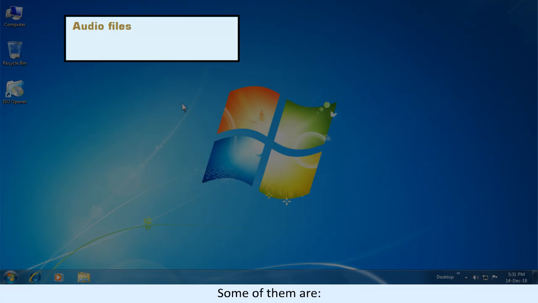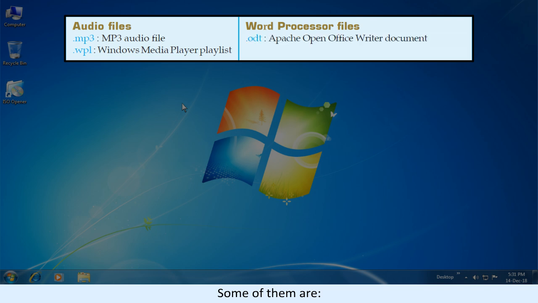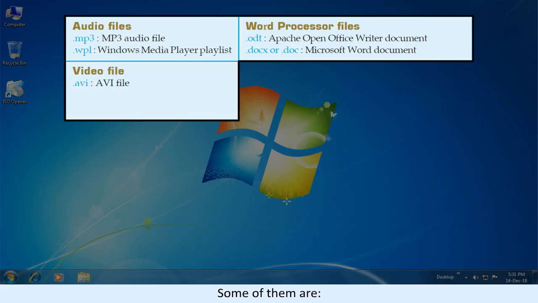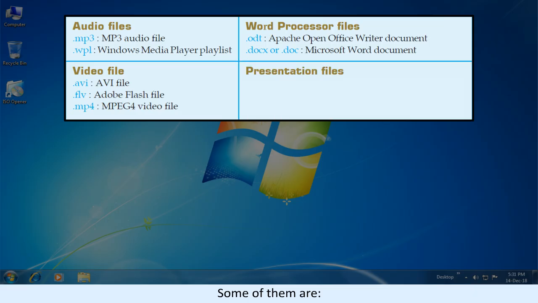Some of them are audio files: .mp3, mp3 audio file; .wpl, Windows Media Player playlist; word processor files: .odt, Apache OpenOffice Writer document; .docs or .doc, Microsoft Word document; video files: .avi, avi file; .flv, Adobe Flash file; .mp4, mpeg4 video file; presentation files: .odp, Apache OpenOffice Impress presentation; .pptx